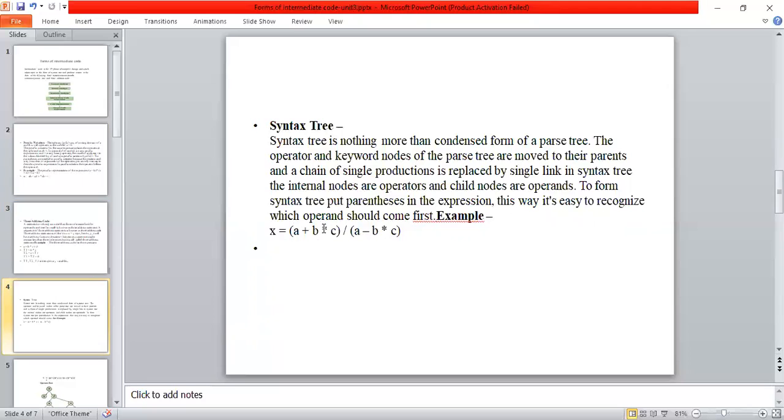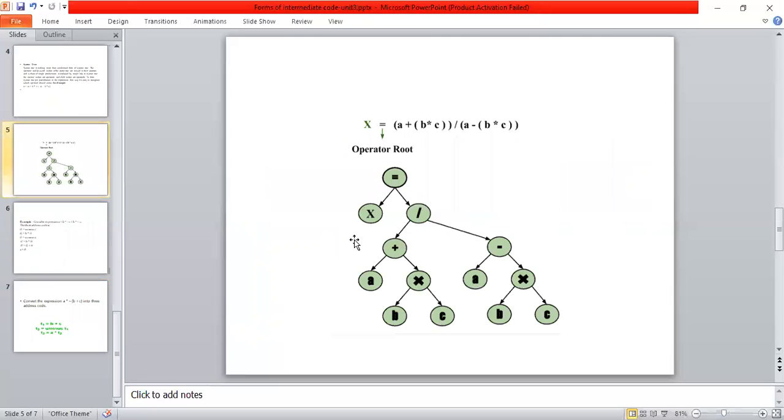So here the first priority is star, later division, then addition and subtraction. First we'll see how the tree is constructed. First of all, I have b into c. Here the internal node is called the operator and the child nodes are called operands.